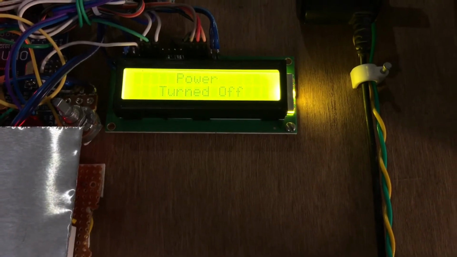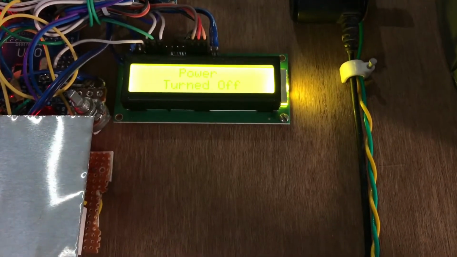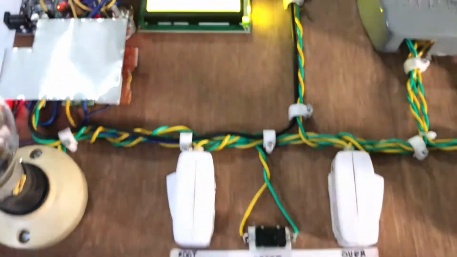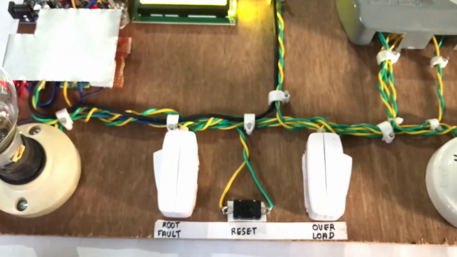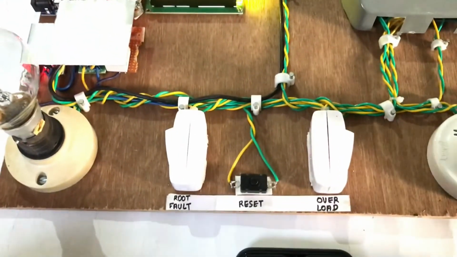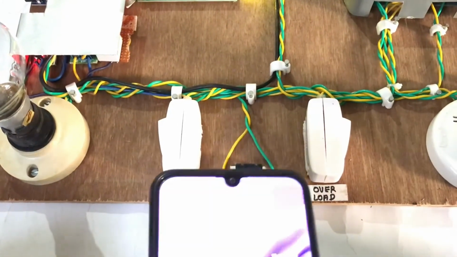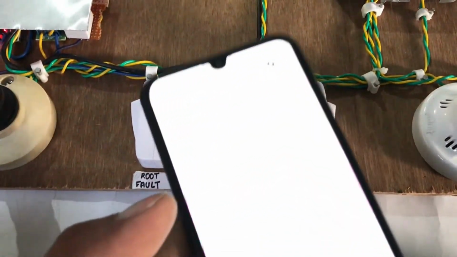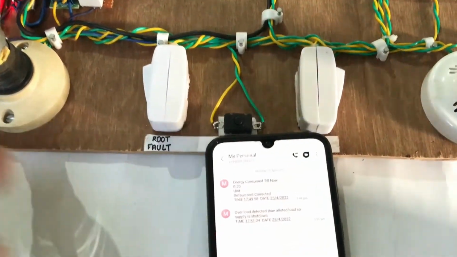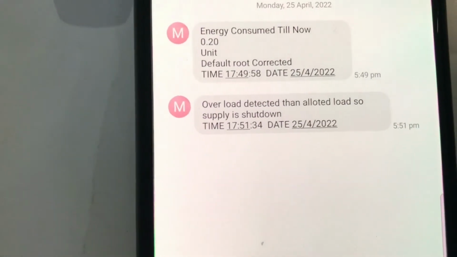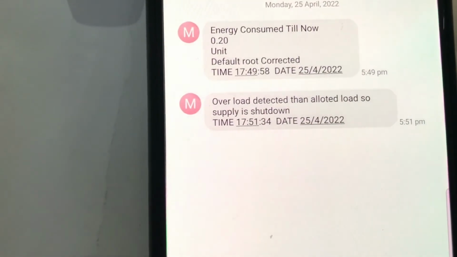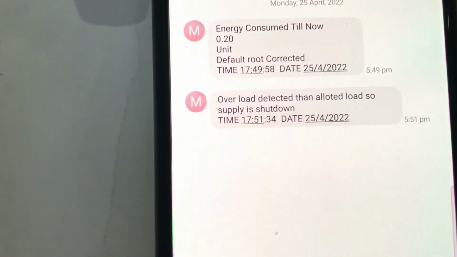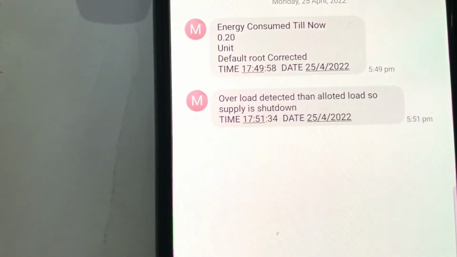And let's check what message came to our mobile. As you can see, the message came to our mobile: overload detected, then allotted load, so supply is shut down, time and date.